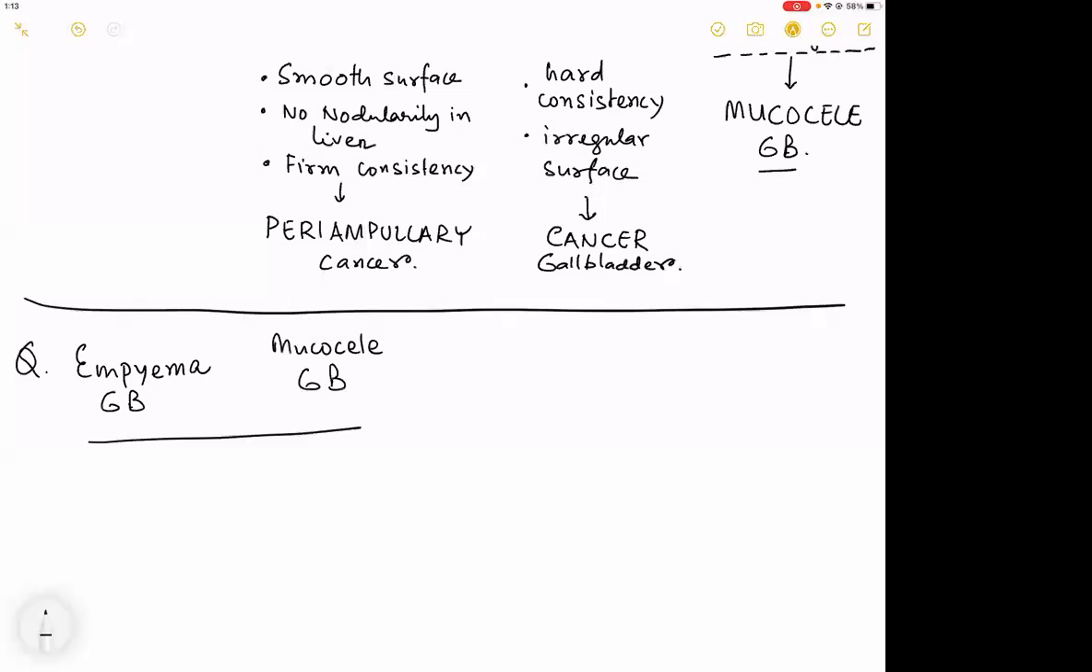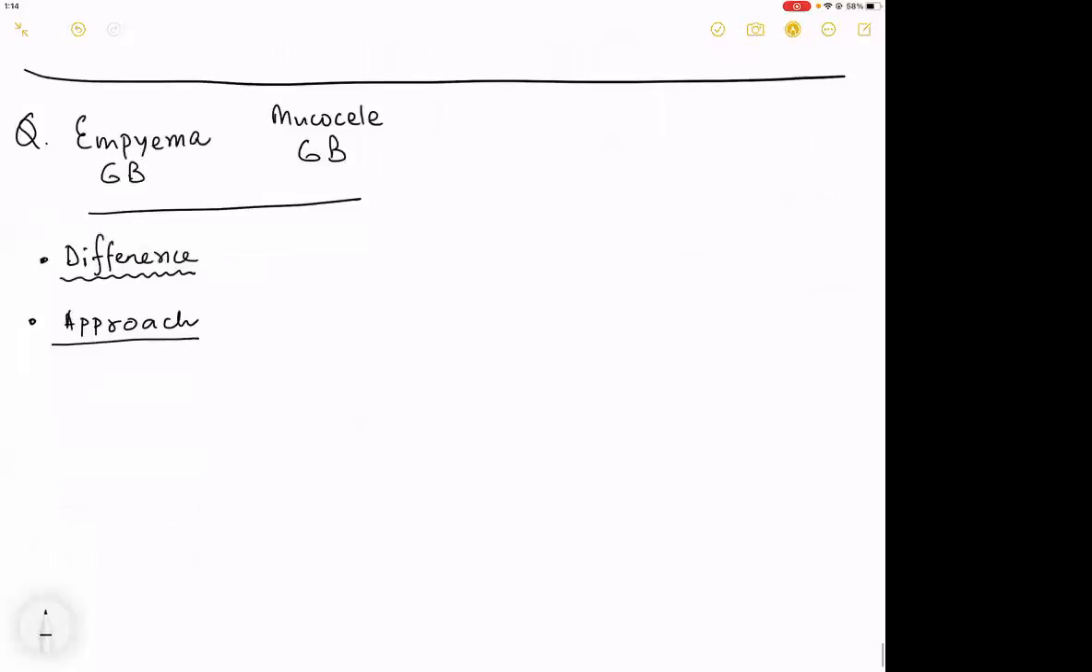Question number 1 is, what is the difference? I think you can tell that from your theory notes. Difference between an empyema and a mucocele. Number 2 is, what is your approach to these patients? Now, when you talk about the approach, what becomes important is, in case of an empyema,